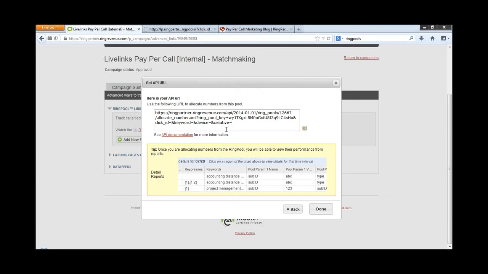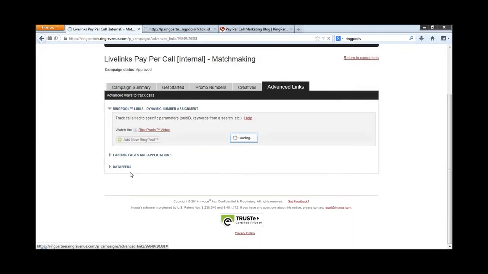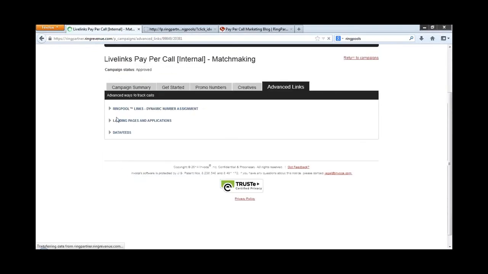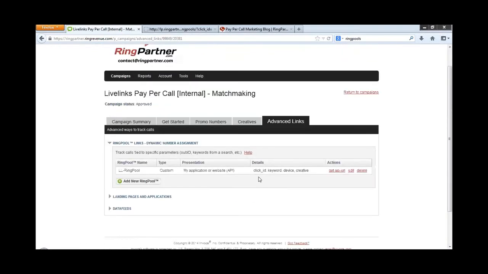It's just about making sure that you're getting the granular tracking that you need, and we can definitely help you with that. So you would take this API URL, copy it, and then we're done at that point. We've created a ring pool, but it's not going to track anything until we actually activate it on our landing